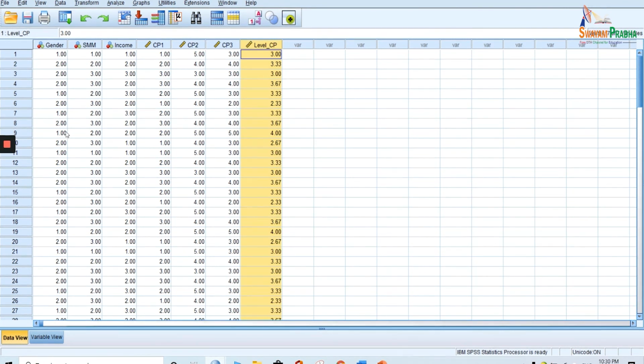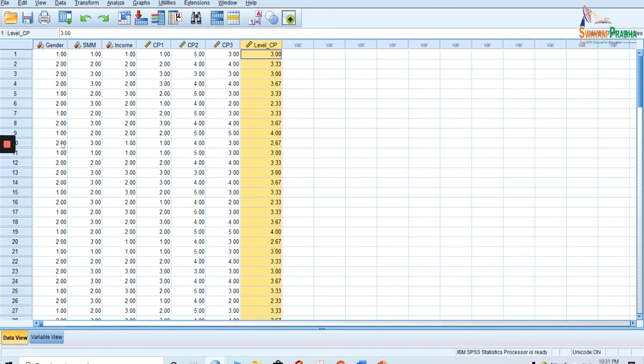Sometimes when we are performing the analysis in SPSS, we need to perform the analysis on specific respondents having specific features. See here in this example, suppose I want to perform an analysis only on males, not on females. In this case, whatever analysis I perform will be performed on the entire data set. But my problem is different. I want to perform the analysis, for whatever reason, only on males or only on females. So how to do it?